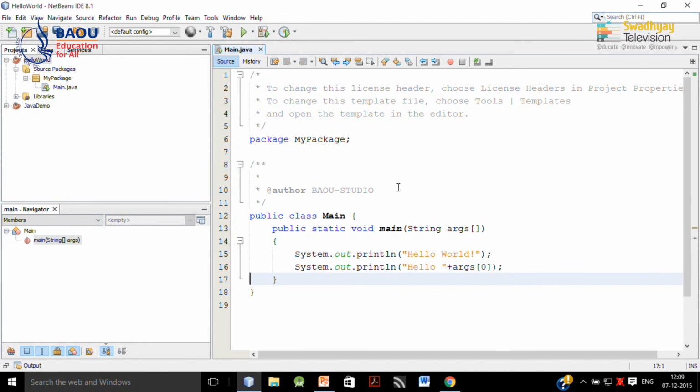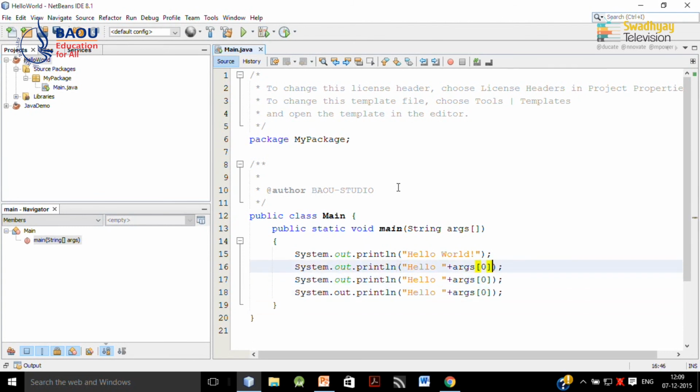The first argument is 0, second argument is 1 and third argument 2 and so on. So, I write hello args 0, args 1 and args 2, and remember this plus is used to concatenate two variables. So, hello is a fixed part and this is a variable part which depends on the argument.